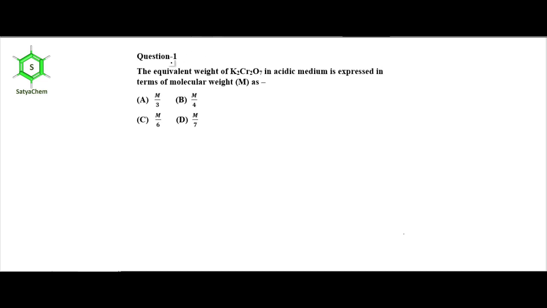Now I am moving to my question. It states that the equivalent weight of K2Cr2O7 in acidic medium is expressed in terms of molecular weight M as: option A, M by 3; option B, M by 4; option C, M by 6; and option D, M by 7. We know that equivalent weight of an oxidant is the